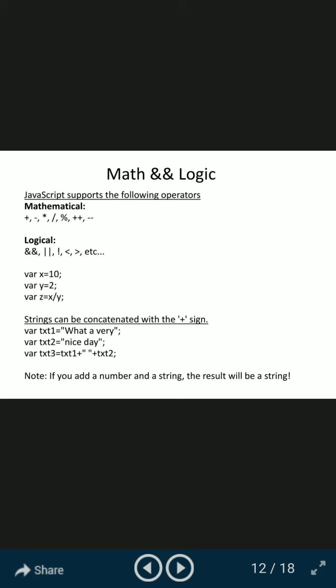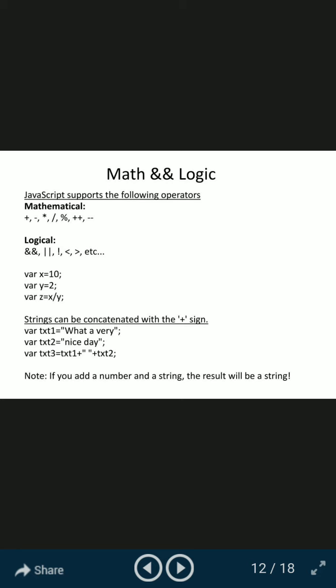Strings can be concatenated with the plus sign. Where text1 is "what a very" and text2 is "nice day", if you want to concatenate them, then you have to put plus between them: text1 plus, then quotes, and then plus text2. After concatenating these two texts, it gives the result "what a very nice day".